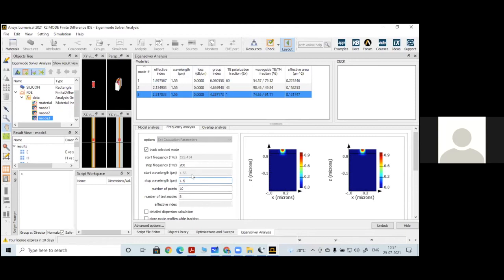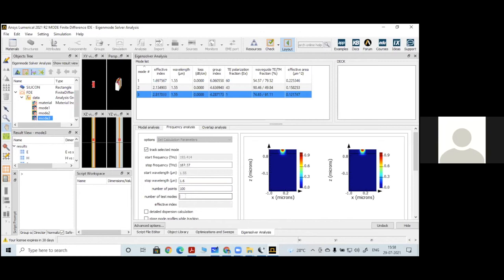So now I have selected the start wavelength as 1.55. I am going up to 1.6. Now the number of points it will ask. Don't select only 10 points here. Then in the plot, you will get only 10 points. When you export that to text data and plot it, it won't look like one smooth curve. So if you want a smooth curve, always choose the number of points as high as possible. Let us select 100 points. Then you will get one smooth curve, even if I take the results to plot for any paper writing.